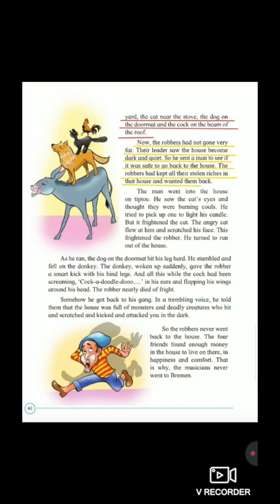Now the robbers had not gone very far. The leader saw the house become dark and quiet. So he sent a man to see if it was safe to go back to the house. The robbers had kept all their stolen riches in that house and wanted them back. So here now,